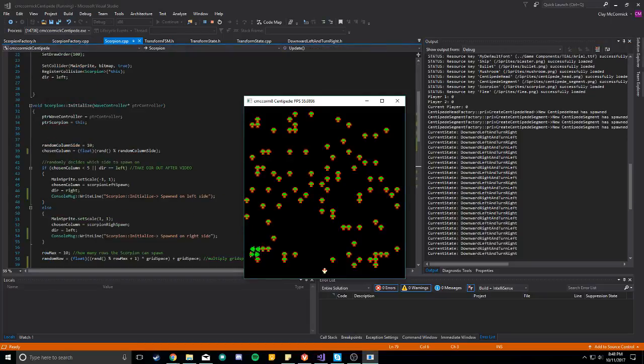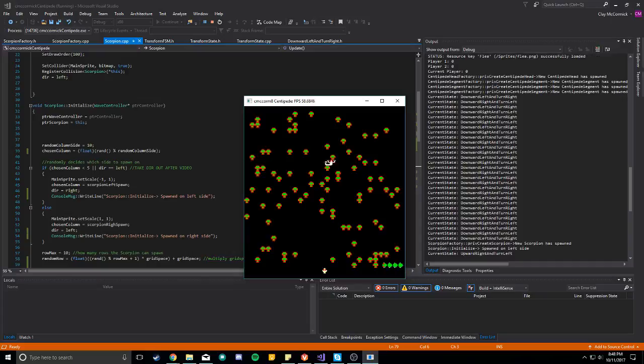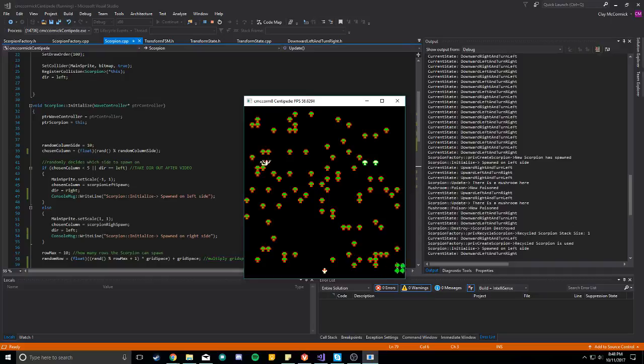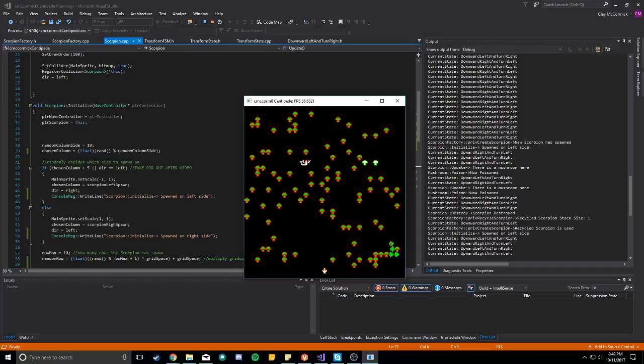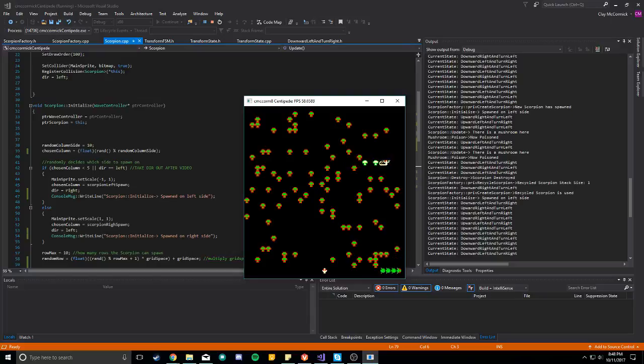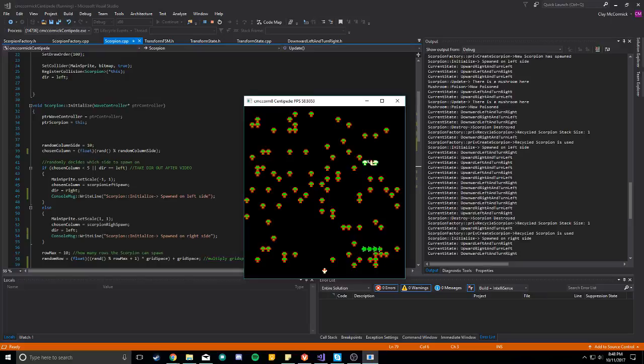And then if we go and spawn the Scorpion Factory, it will say that it's spawned and that it's being initialized on the left side. And I'll go and poison mushrooms. And then the next thing I'll talk about is the finite state machine. Then also from Sprint 2,